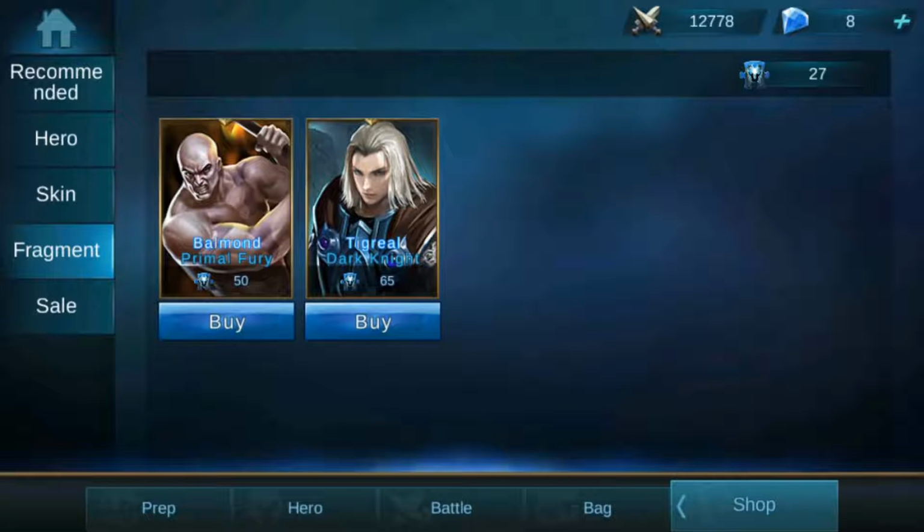You can collect that by finishing your achievements. You can get it from chests pretty much, and as well, I think, if you do some daily tasks you get off the actual game, you can get some of them. But yeah, if you collect some fragments, you will see that you have the option of buying some skins with that. They cost 50, for example this Belmont Primal Fury or the Tigreal skin. I have right now 27, but if you manage to collect 50 or 65, you can just go and buy them,